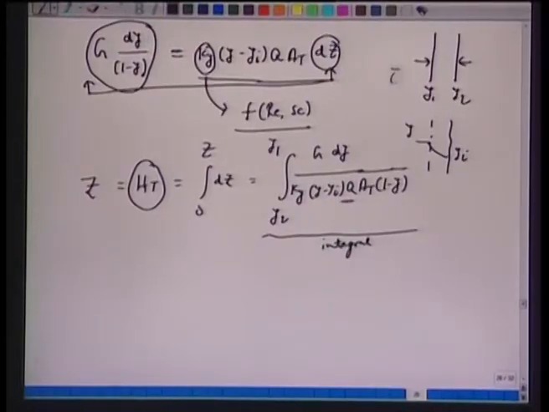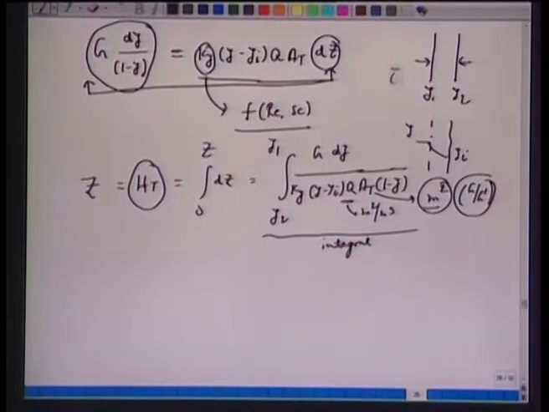Area, superficial or this interfacial area, we have already discussed. This comes from the supplier, the manufacturer of the packing, meter square per cubic meter, is known to us. AT, cross-sectional area in meter square, this comes from hydrodynamics very often. Pressure drop considerations, which we have discussed earlier. This is nothing but G over G prime, that gives us the cross-sectional area from where we get this AT.